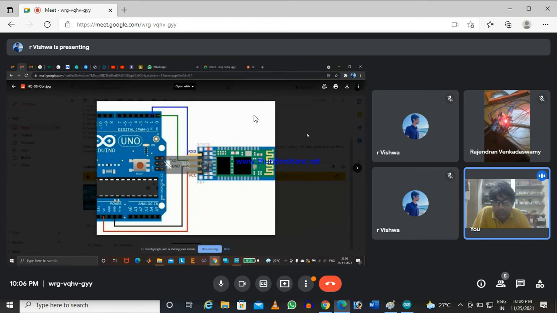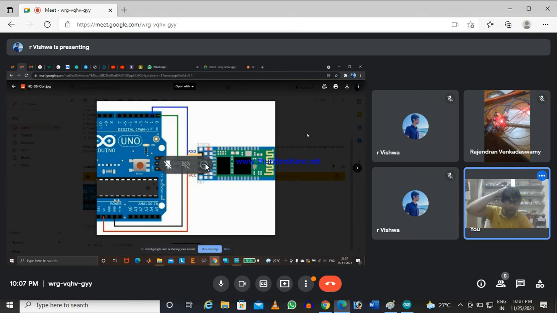One thing only is to be taken care of. The RX pin of the Bluetooth module should be connected with the TX pin of the controller, and the TX pin of the Bluetooth module should be connected with the RX pin of the microcontroller, and you connect VCC with the 5 volt and ground with the ground of the controller.